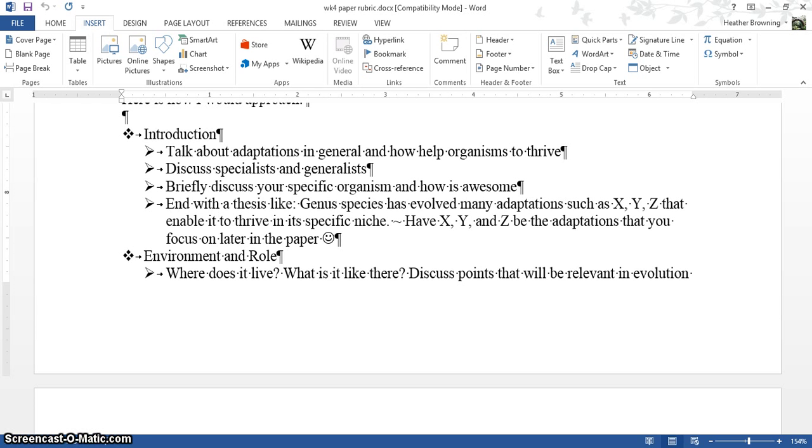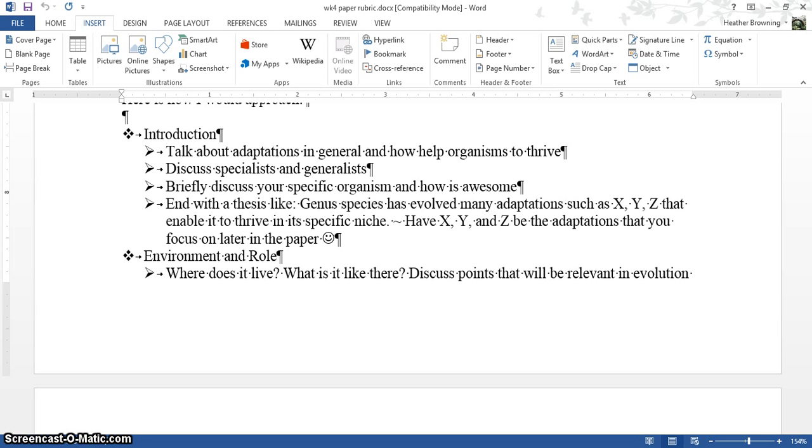So in most cases, you guys will probably pick a specialist. It seems to happen. But you might pick a generalist. Like a rat would be a generalist. It can pretty much live anywhere and thrive. A specialist would be more like a koala, which only needs a very specific food to be able to handle stuff, right? So that kind of thing. And you could say, hey, my critter, this awesome Canis lupus, the gray wolf, is an example of a whatever,